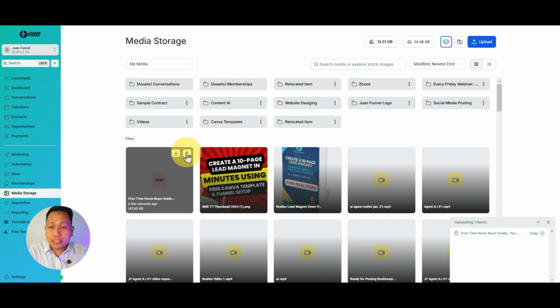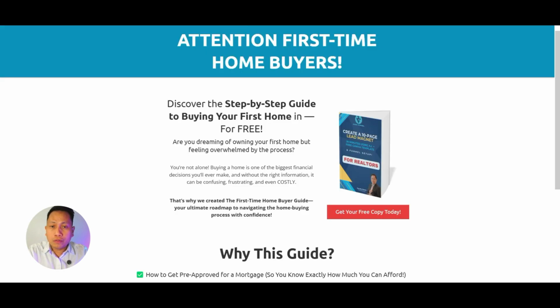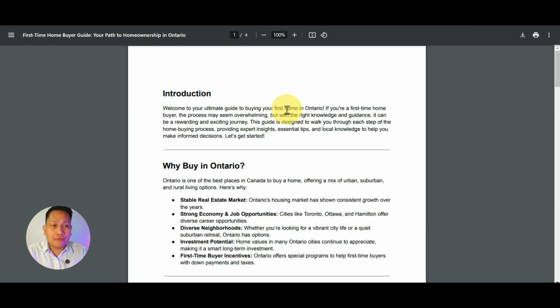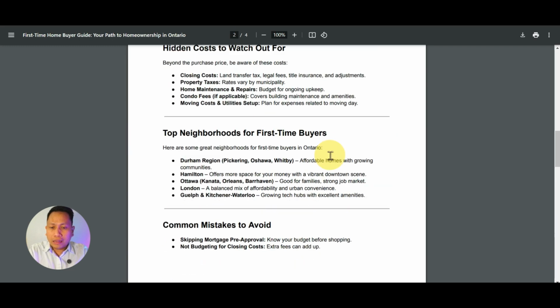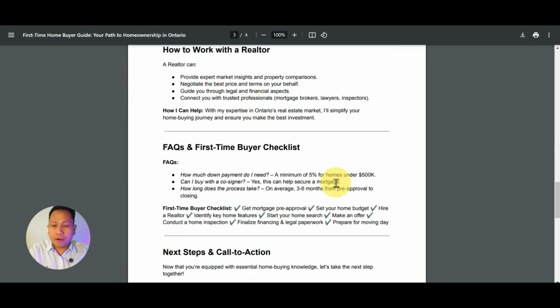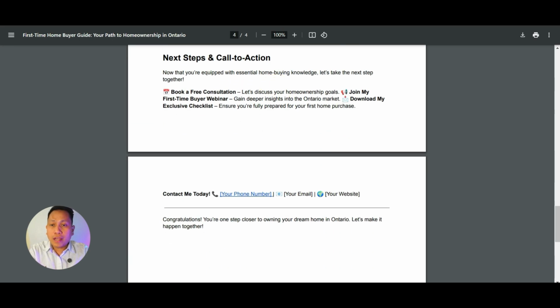So this is the link. Now I'm going to get the link here. I'm going to check it first. So this is the PDF guide, right? So I need this link. After signing up the form, it will redirect here and they can simply download it. All right, so that's our objective. This is the guide that we created.